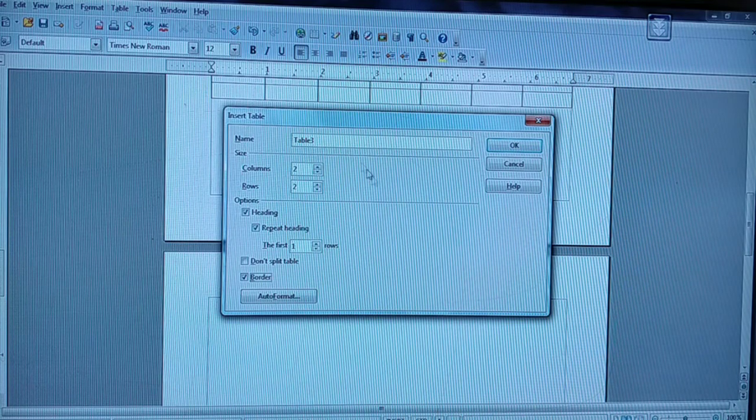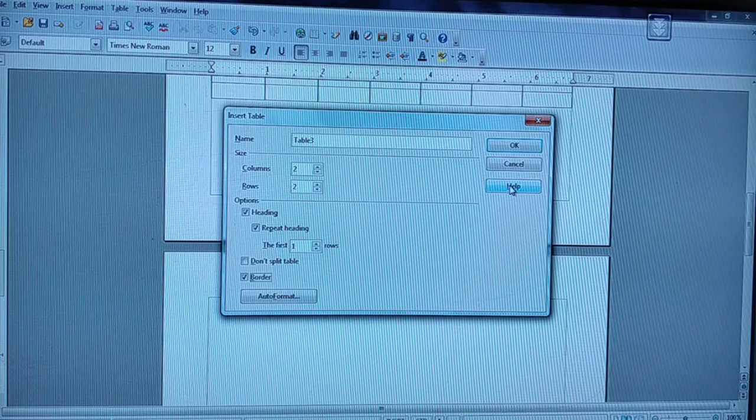After finishing, select whatever you are willing to in the insert table dialog box, and then you can click okay. Automatically what you have set will be displayed in the document area for you. The next is your cancel. If you are not willing to have that one, just click cancel. The next is your help. The help related to this insert table dialog box will be displayed for you.